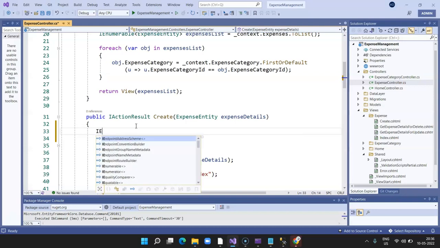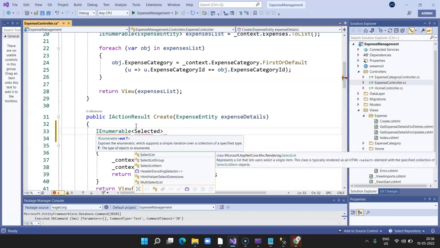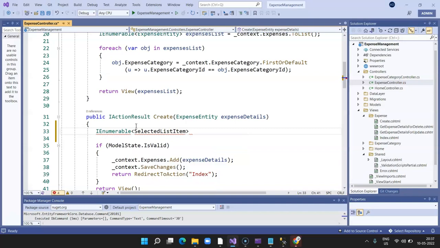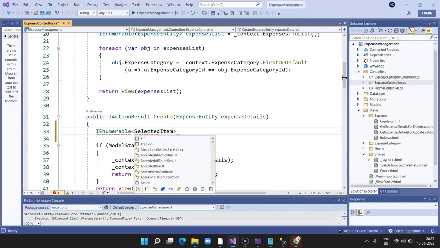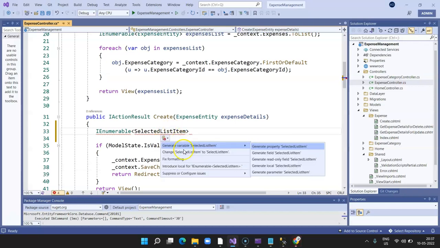So we say IEnumerable, and we select SelectListItem, that requires